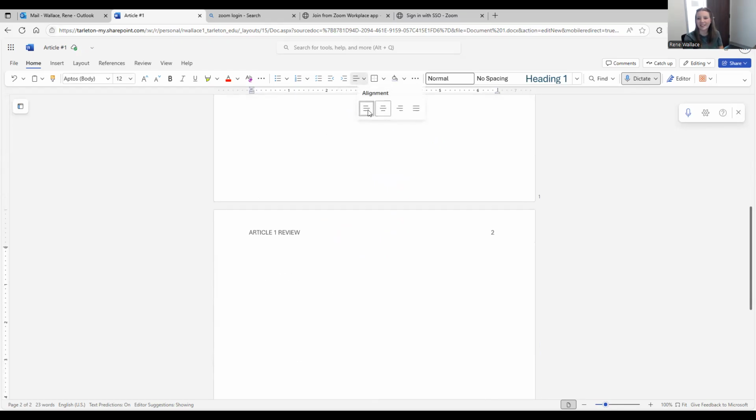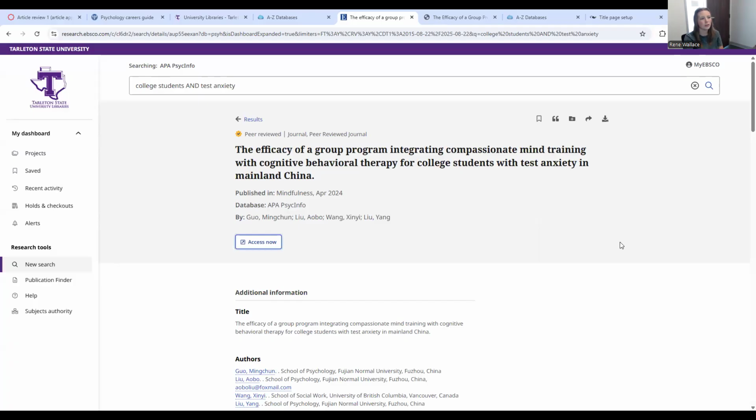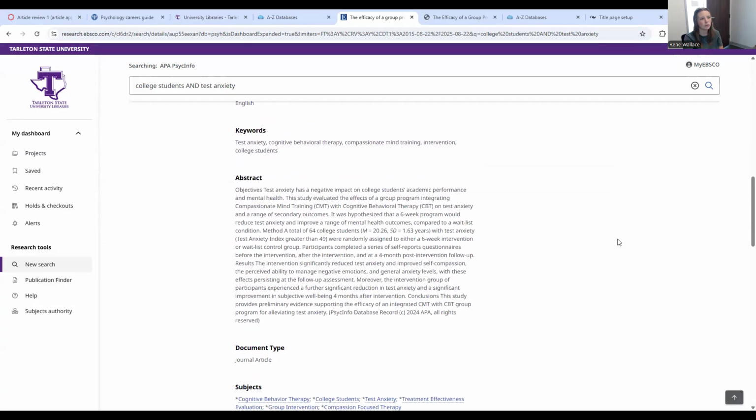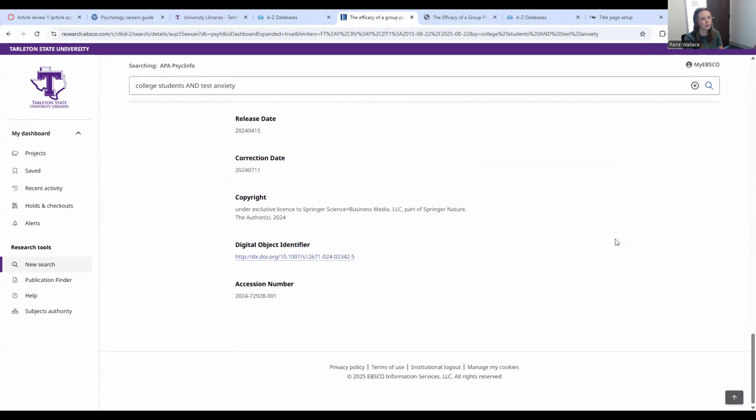For my reference page, it's going to be a hanging indent, left aligned. And here's something cool that you can do over in your library database. Let me find the share screen and go back to that. So you can do something here where it helps you with the citation. Let me find it.